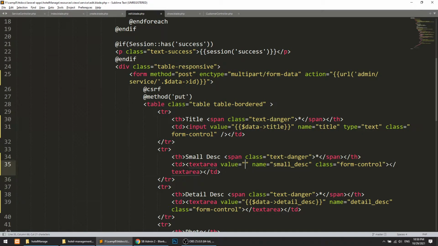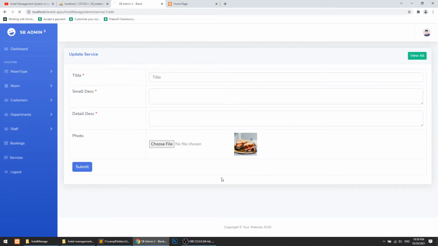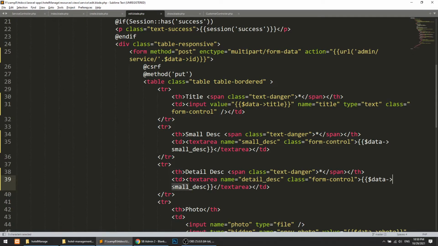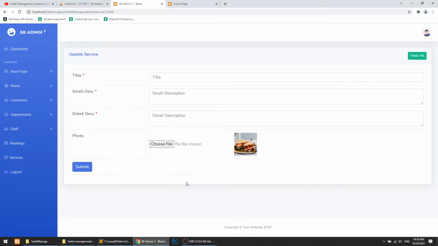If we are rendering the text area, then the data should not be in the value, it should be in the tag. So small description, and this will be detailed description. Now let's edit this.